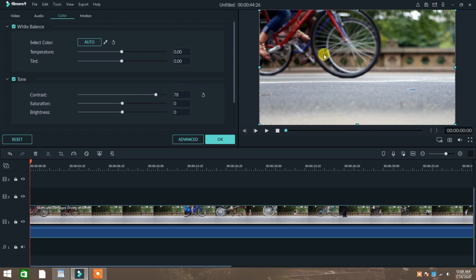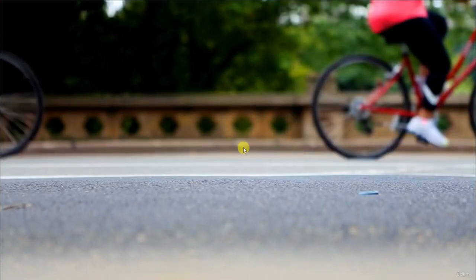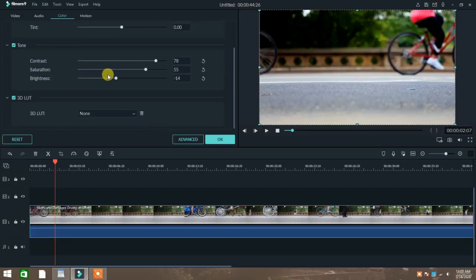contrast is good, so I want to make it 80%, and saturation for more accurate colors, and the brightness is good. As you see, the colors are good enough. Slide down